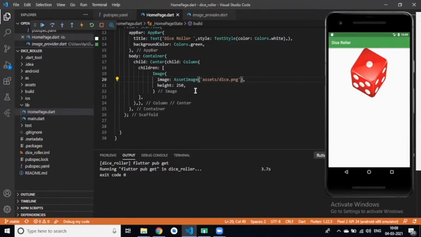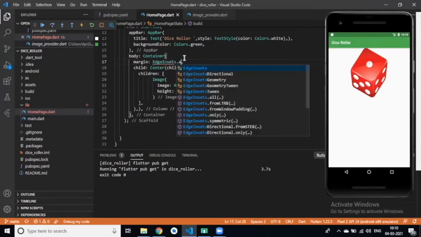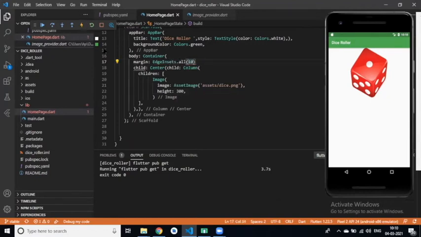Yes, Roshan, we can change this height to 300 or anything. So this is our asset image. We can give margin in the container, EdgeInsets.all, then 10, comma.